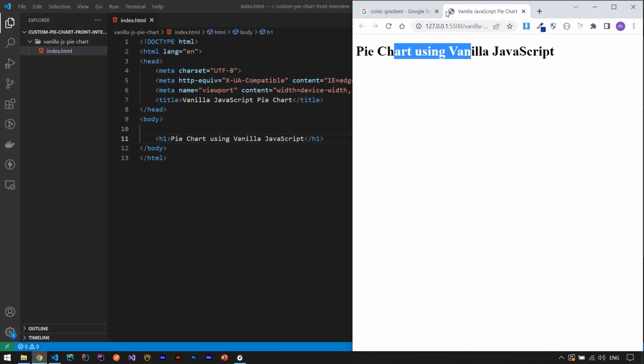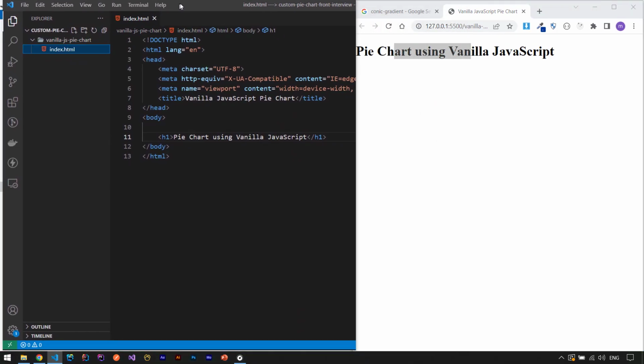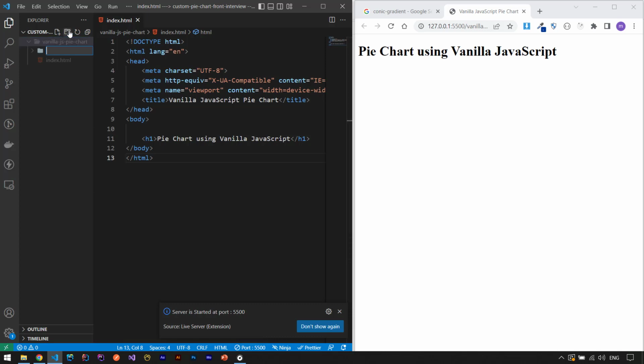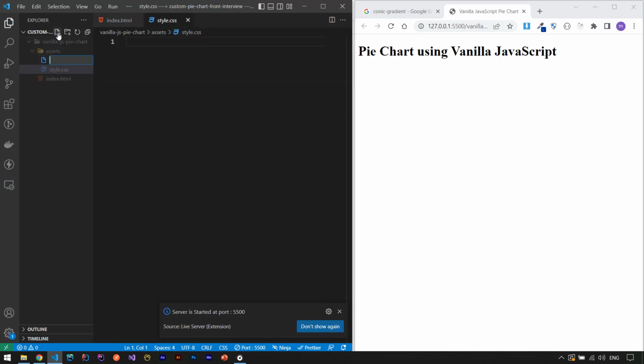Let's have some structure here so I can see the results live. Okay, that's good. Now let's create a folder named assets, and inside of the assets we create a style.css and also app.js or script.js. And here inside of this style.css I want to use some CSS reset, so I say